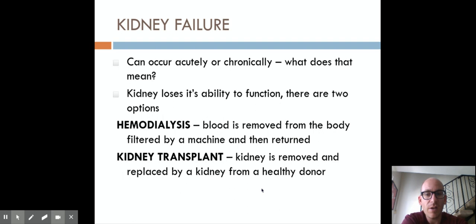Basically, that's taking a kidney from either a live or a deceased donor and placing it into the body so that it can take over. Now, that's challenging. It's challenging to find healthy donors, and then it's challenging to find organs that will match up and mesh in somebody else's body. So not very many kidney transplants happen, and they are not that successful.